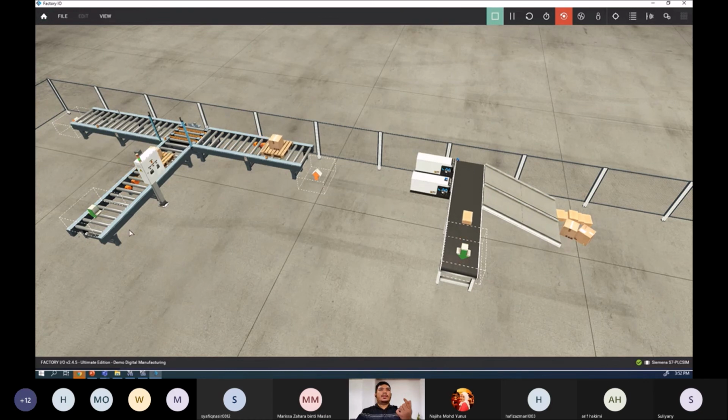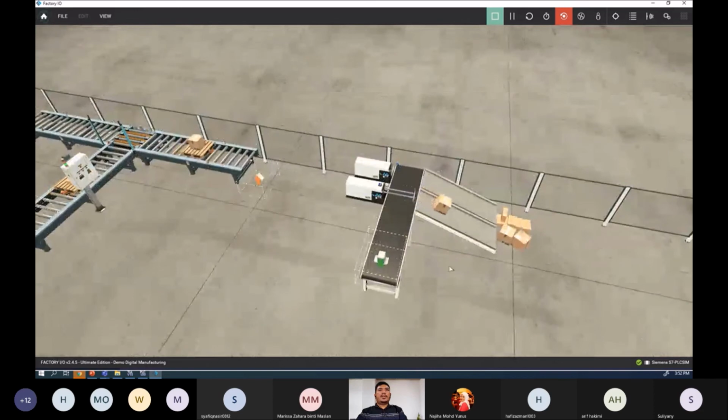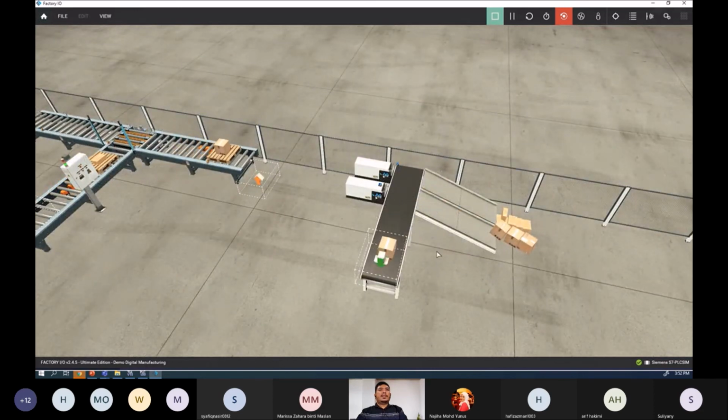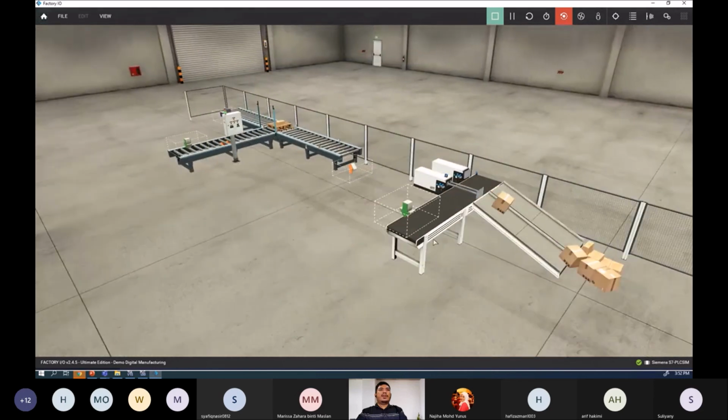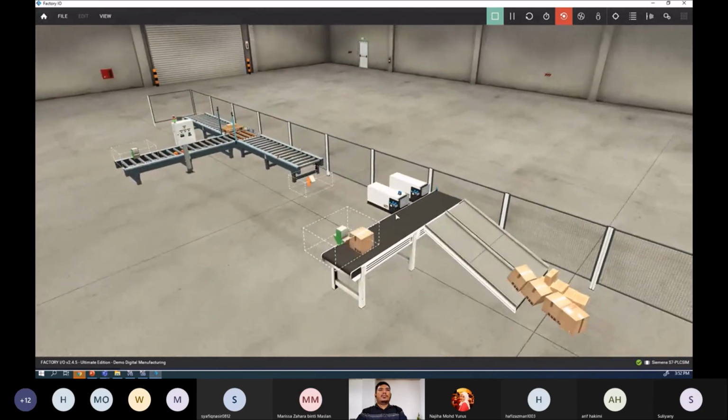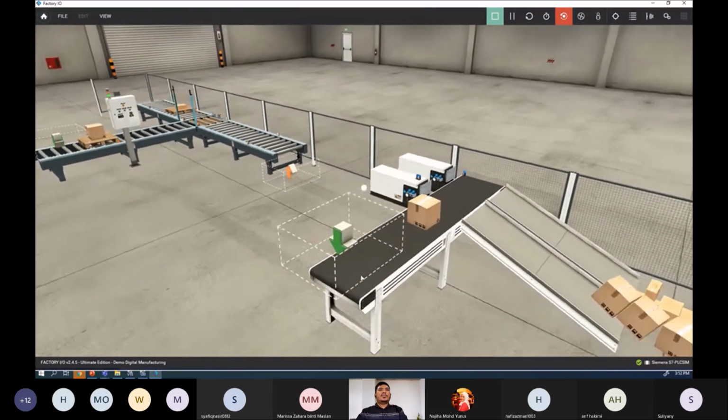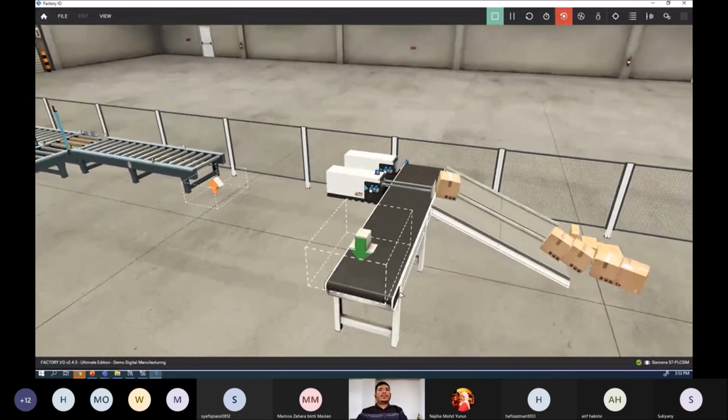If we look earlier, why is that? Because this system is slower. This system takes a lot of time compared to this one. Of course, if you ask your boss, the boss will want this system. That is what we can use this software for, Factory IO, to show our boss which system we want.